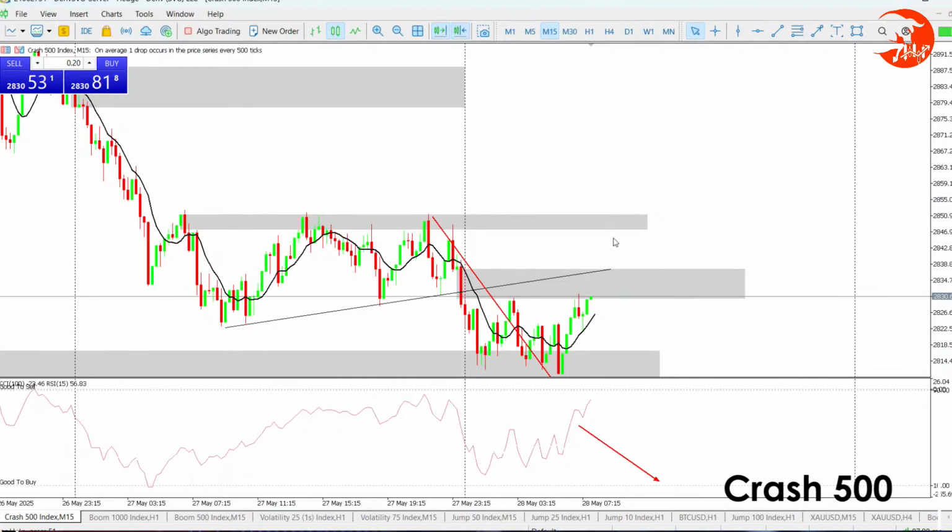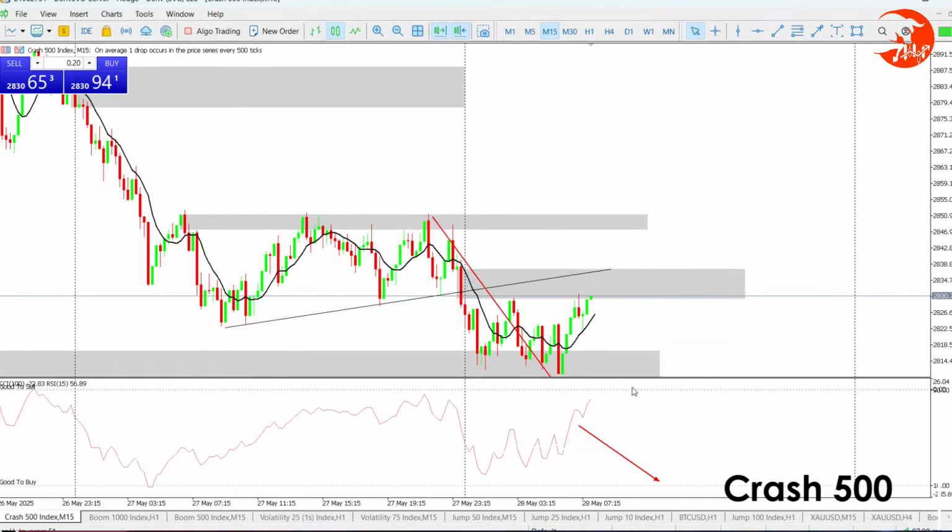Then the buyers might continue, but there's also that resistance, you know. So these two are still a bit of an issue. But if this level is broken, then this won't be an issue. I believe so, because price would have gotten momentum from this fair value gap right here. So for now, I will wait